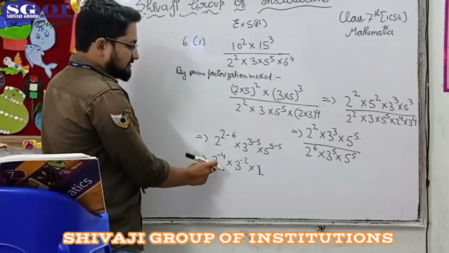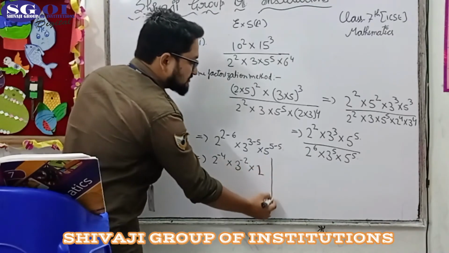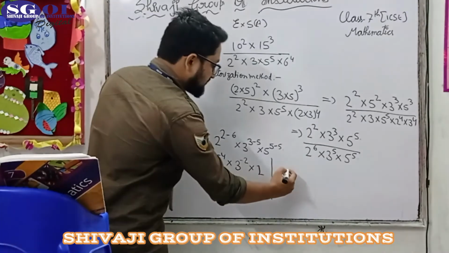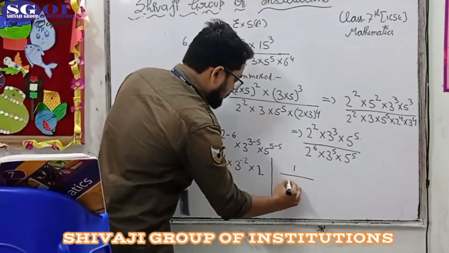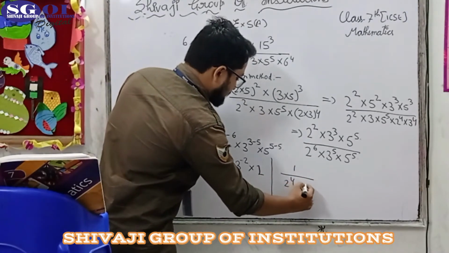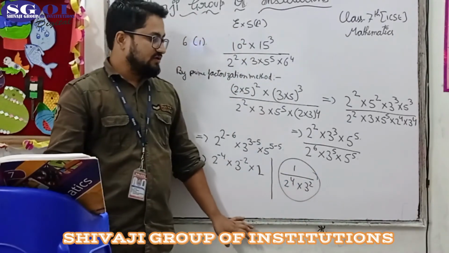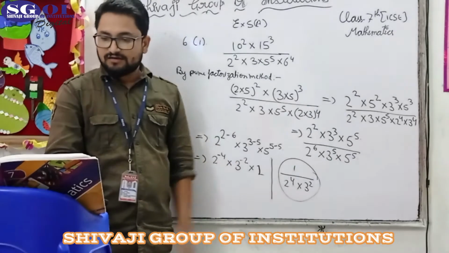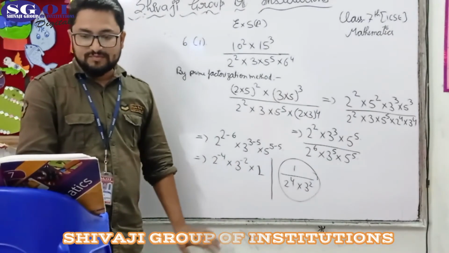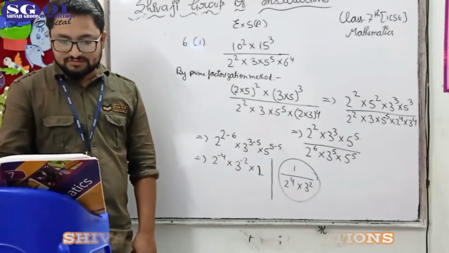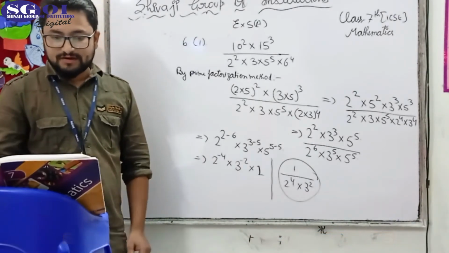So these terms have negative powers, and with negative powers what we can do is move them to the denominator and convert them into positive. So this will be giving us 1 upon 2 to the power 4 multiplied by 3 to the power 2, and this is the answer in the form of exponents. If you want, you can expand it and calculate the answer in numerals as an integer also. So this was simplification. Let's see one more part.